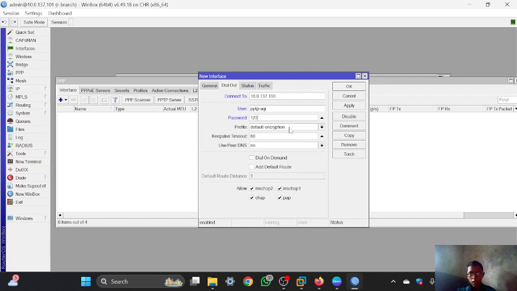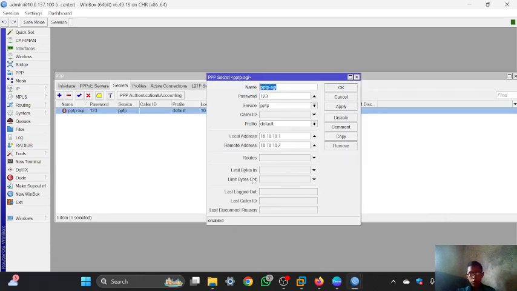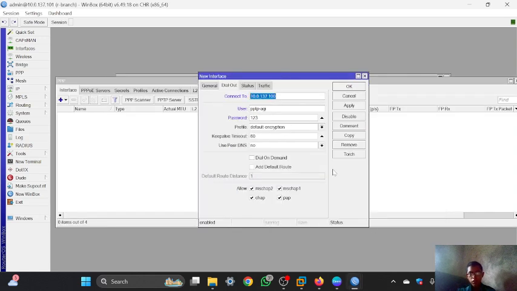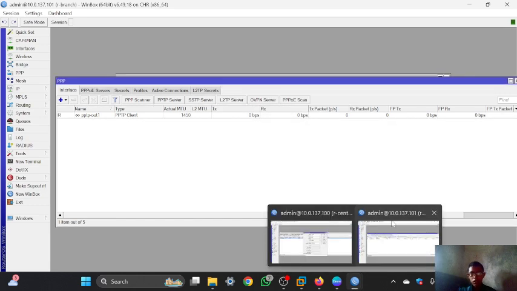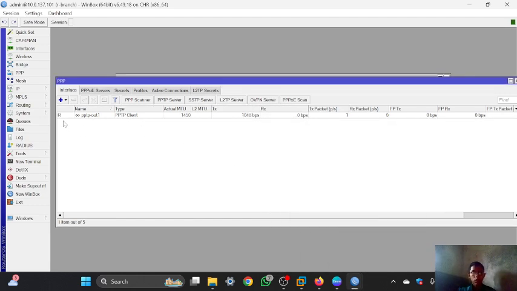Then for the profile, it is default here, so you can change it here to default. After that, you can click apply. And after it looks like this, it will say error or running.